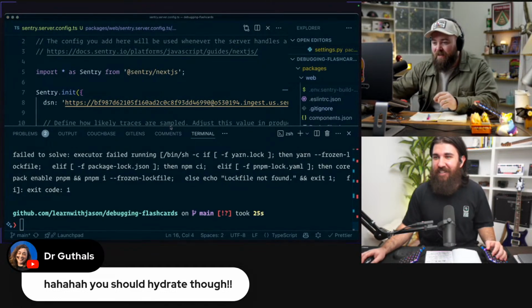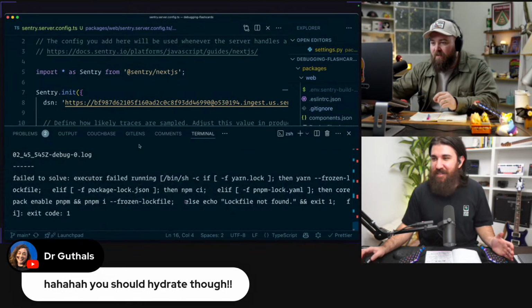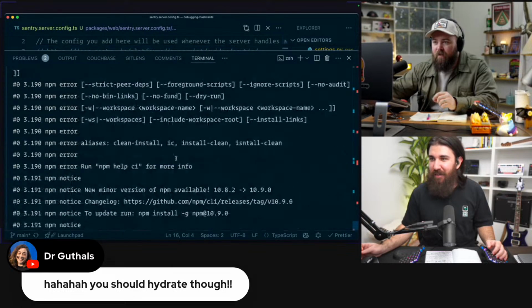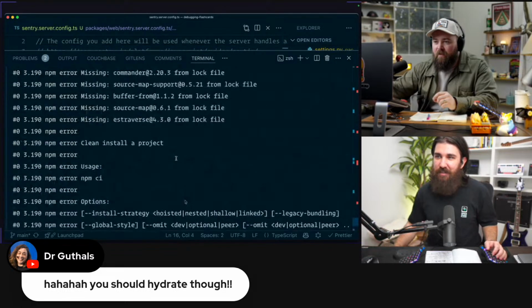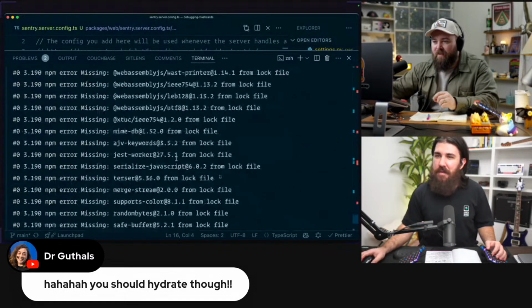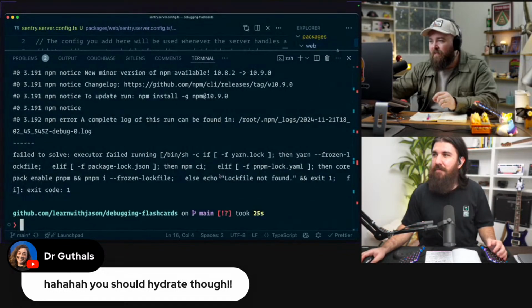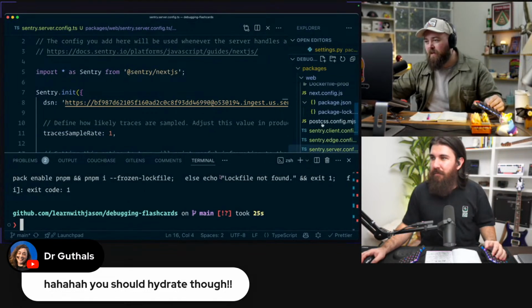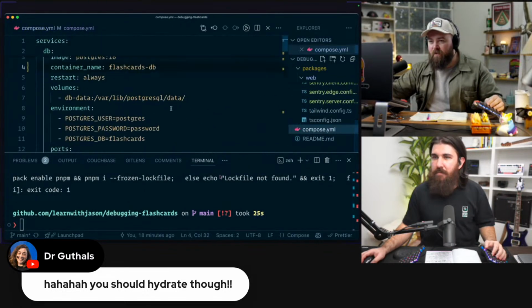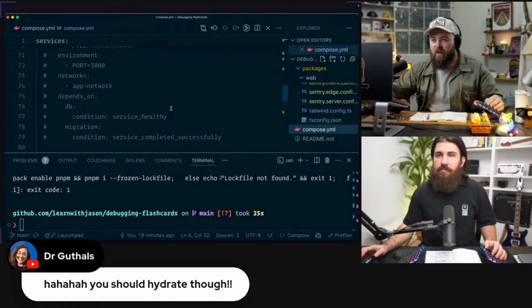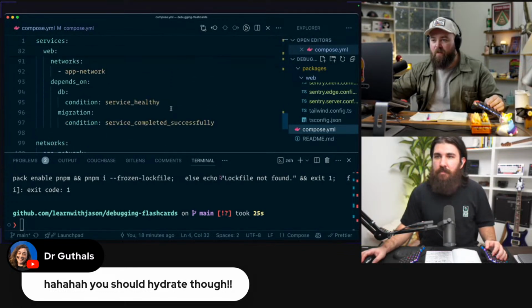Exactly. Yeah. Let's see how we're doing here. What is this? It keeps complaining about the log file. Oh, come on. Don't do this to me. Okay, I know what this is. I've had this issue on my computer. I don't fully understand what it is, but the way that we solve it is instead of using CI, we just have it npm install. So let me get to the web here.